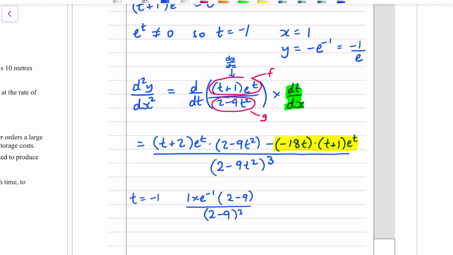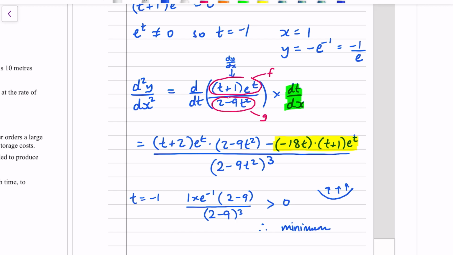Okay, so that first part, 1 times e to the negative 1, is positive. The second bracket in the numerator is negative, and then the denominator is a negative thing cubed, so that's going to be greater than 0. And when it's greater than 0, the second derivative tells us about concavity. So a positive concavity means that the curve is concave up, which means it's a minimum. Therefore, minimum,